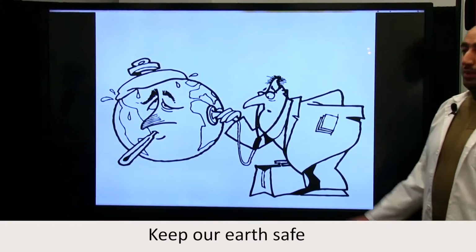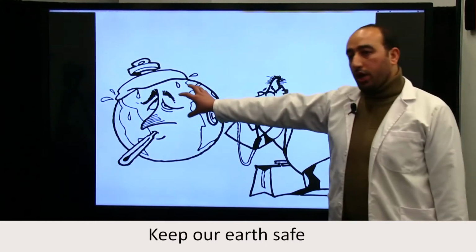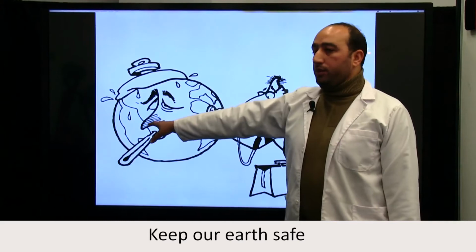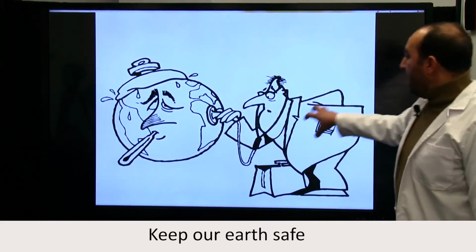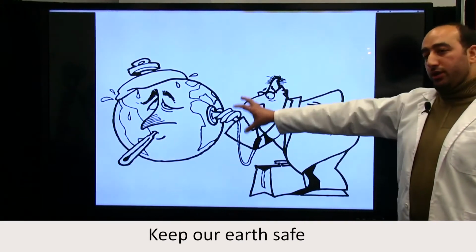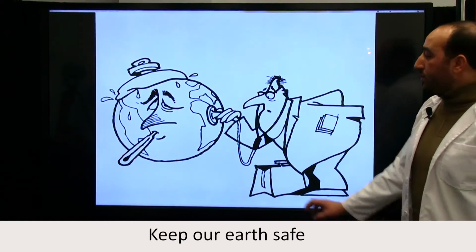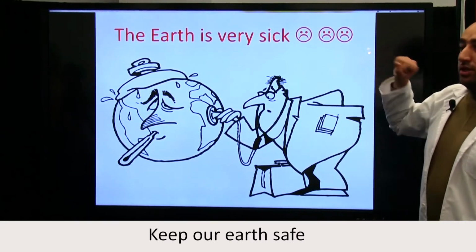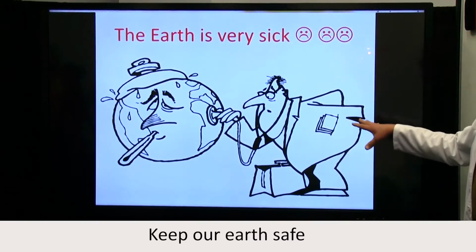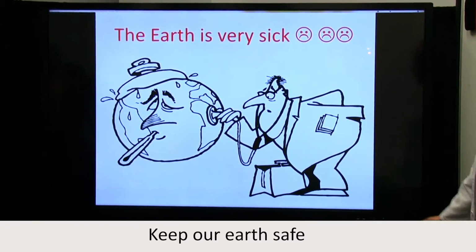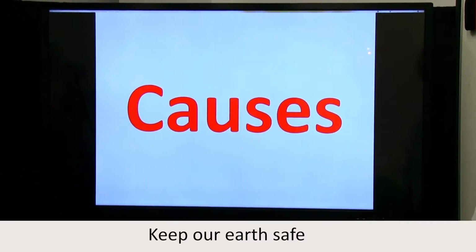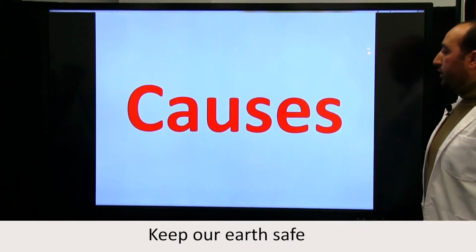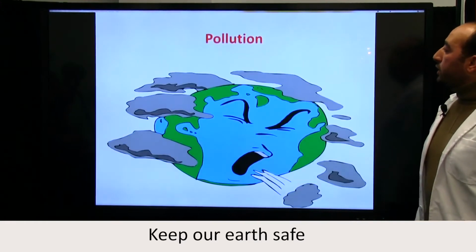As you can see in this picture, there is a globe, an earth, and it's putting a thermometer in its mouth, and there is a doctor diagnosing the earth. What does this mean? It means that the earth is very sick. So what causes the sickness of the earth? We're going to see. Among the causes of the sickness of the earth, the first one is